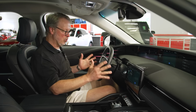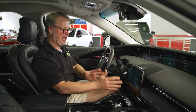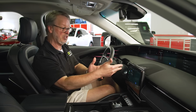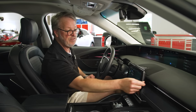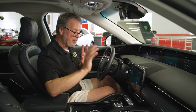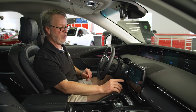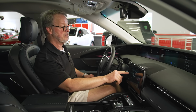So perhaps the worst offender in this whole small screen setup has to do with the way that you figure out where the vents are going to blow the air. Normally, in most cars, you can physically move a vent to put the air where you want it, but not in the Nautilus. No, you have to go through this icon here, which is in the general climate systems, and